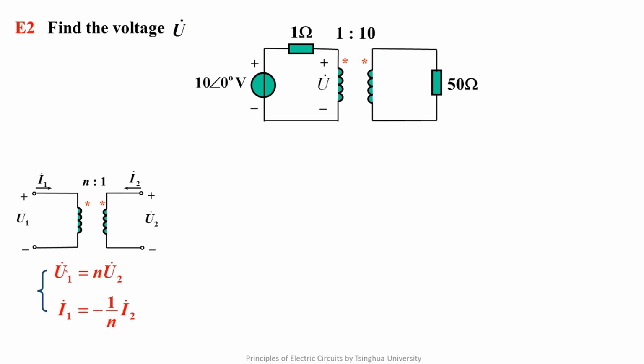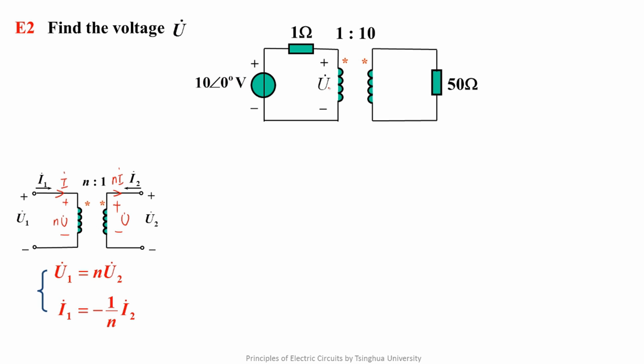We observe the equations of the ideal transformer, and we can find that if we assume that the voltage of side 1 is a variable U, then the voltage of side N is a variable NU. Similarly, for the current equation, if we assume that a variable current flows into the dot of side N, then according to the conclusion of the minus 1 over N, we know that the current of side 1 flowing out of the dot is Ni. After such an observation, two equations of the transformer can be integrated into the circuit,